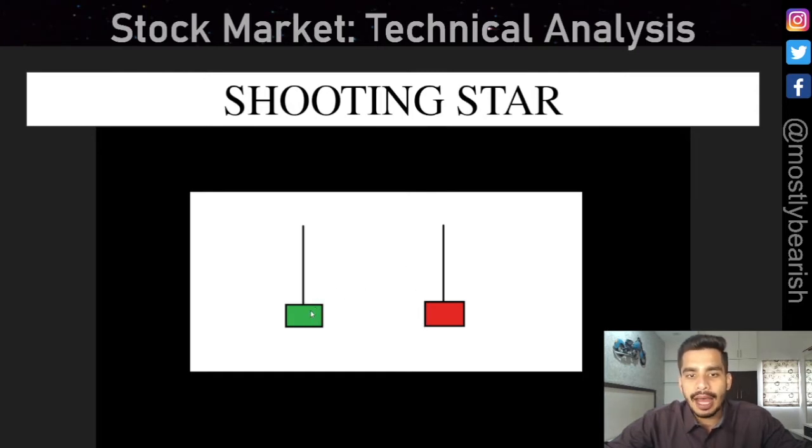So basically what has happened in this candle is the prices were driven up but they came down. Buyers tried to buy, sellers pushed it down. They could push it till these levels, still the buyers were in some sort of control, but seller pressure came in. Here, if you see, the open is here. The buyers try to push it up, the sellers pushed it below the open and made it close at the lower levels. So a red shooting star is more prominent for me. When I see this, I know what kind of trades to take.